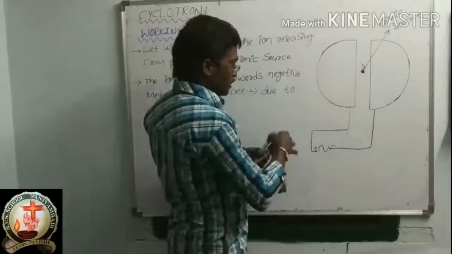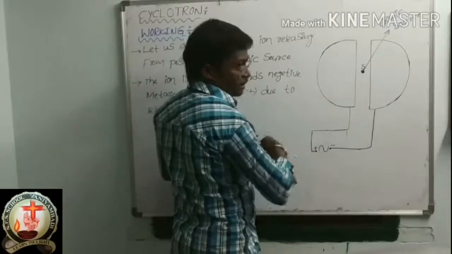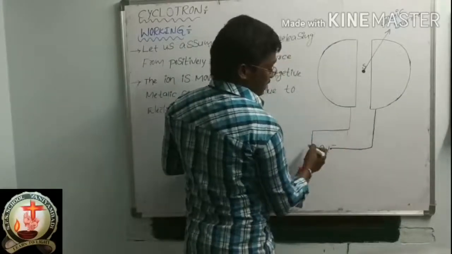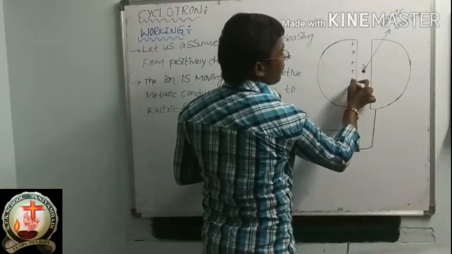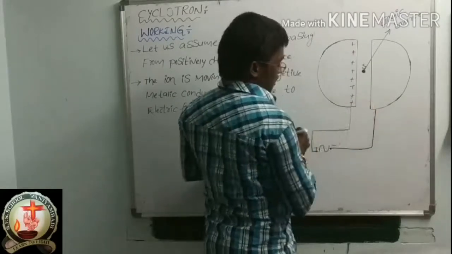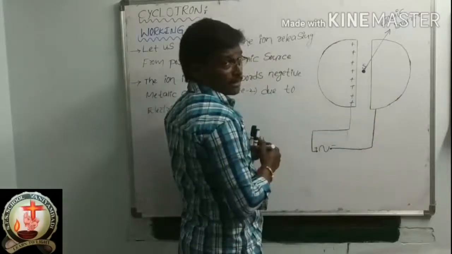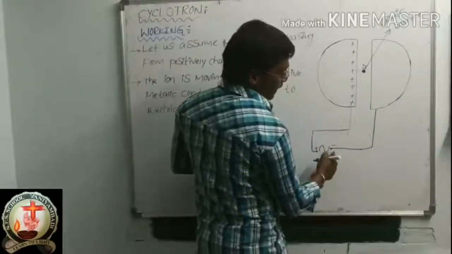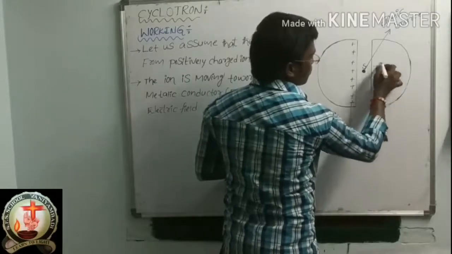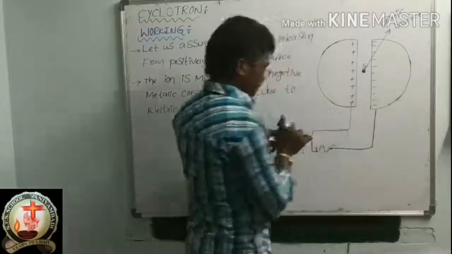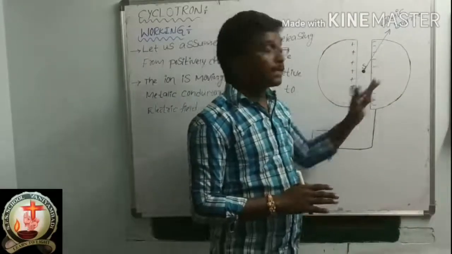Suppose this D is connected to the positive terminal. That means all positive charges will flow like this. So this is a fully positive charged metal plate, and this second D is connected to the negative end of the oscillator. That means all the negative charges will flow through the end of the conductor. So this is the positive charged D and this is the negative charged D.